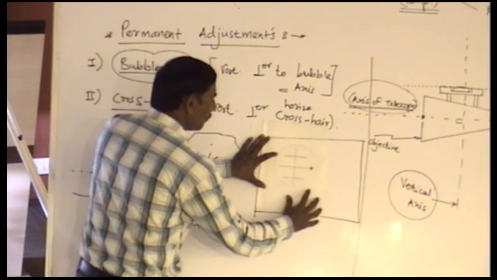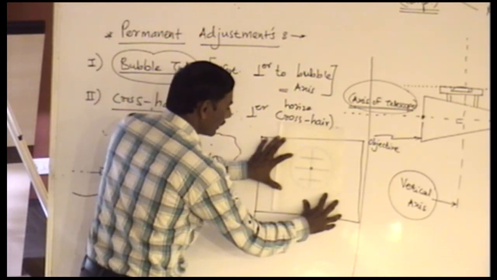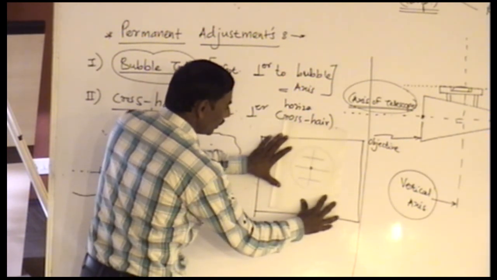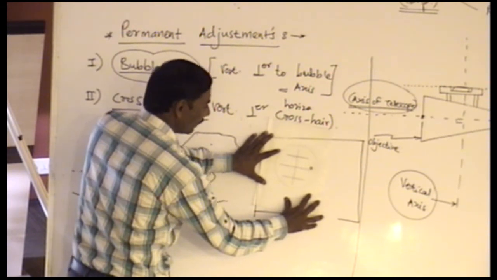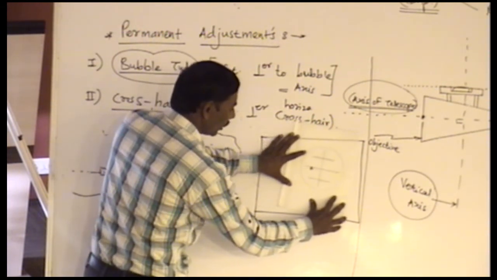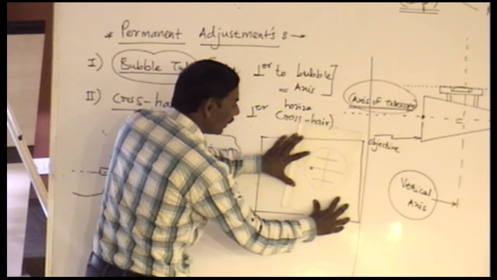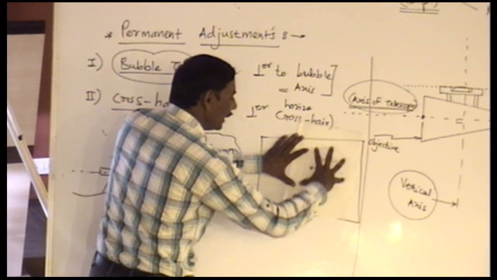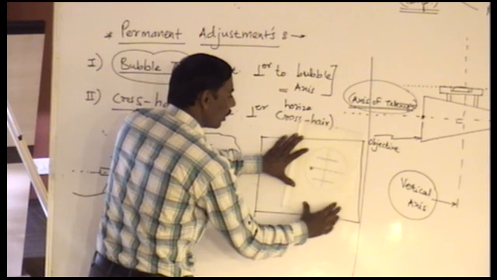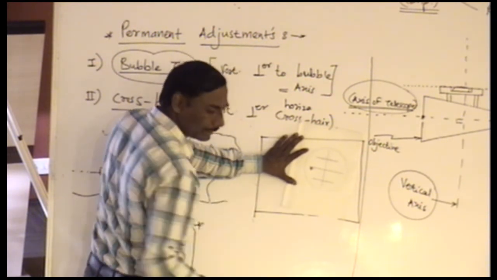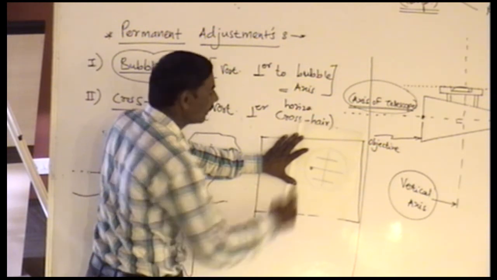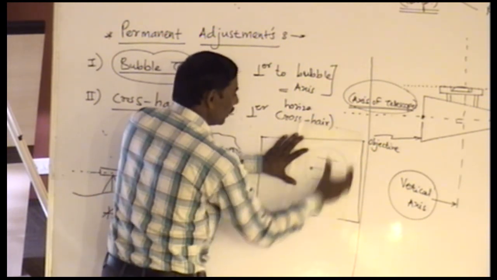But suppose if that thing is happening like this, the telescope, rather crosshair, is a little bit inclined. So when I go towards left, the dot will appear to be above the line. When I come to right, the dot will appear to be below the line. That indicates there is a need to do the adjustment for this diaphragm. And what is to be done? Again, there are capstan screws provided at the diaphragm. Those are to be loosened.